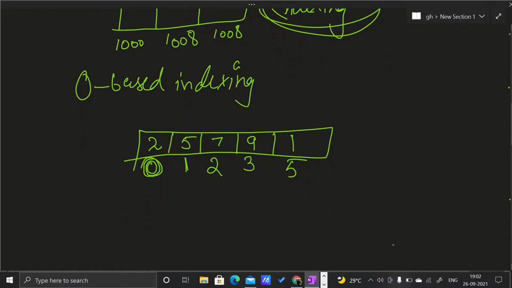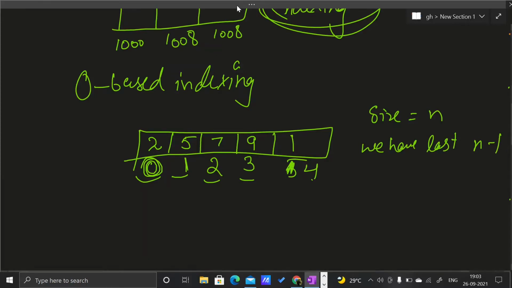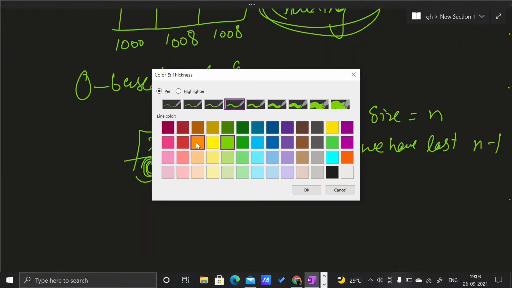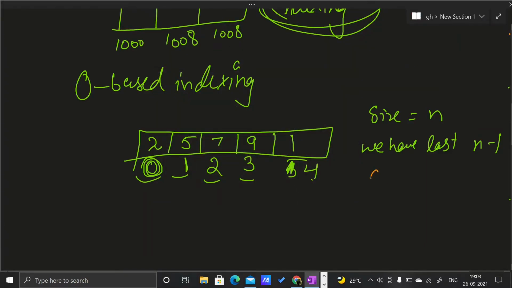So zero base indexing, that is indexing starts from 0, 1, 2, 3, 4. So for size equals to n, we have last index n minus 1. So the indexing is from 0 to n minus 1.